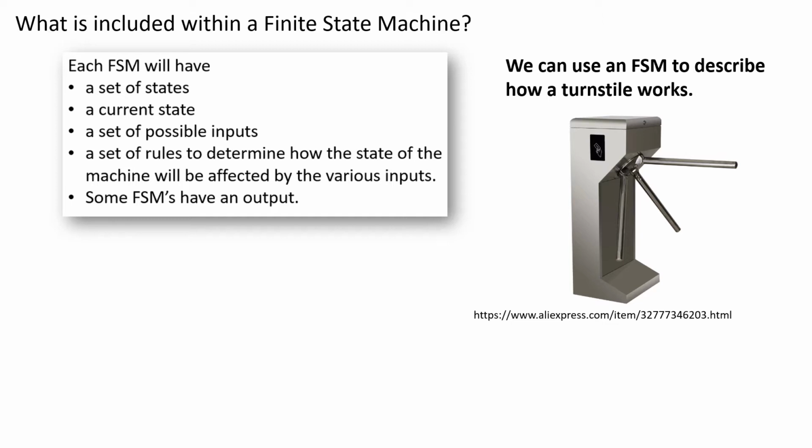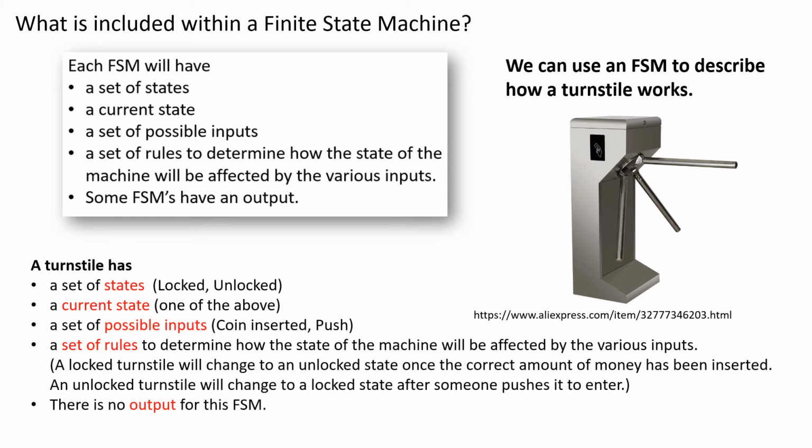we're going to pretend like it starts out locked, and then the person coming up to it would have to put in some kind of coin, some certain amount of money or some certain coin, in order to be able to pass through. Okay, so that's the example. That's the type of turnstile that we're going to talk about right now. So let's pretend we have that, and we're going to see if we can create a model that describes this